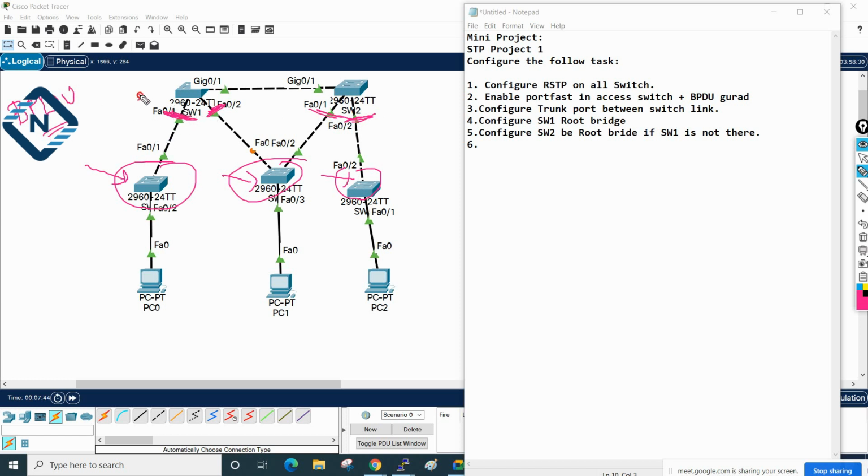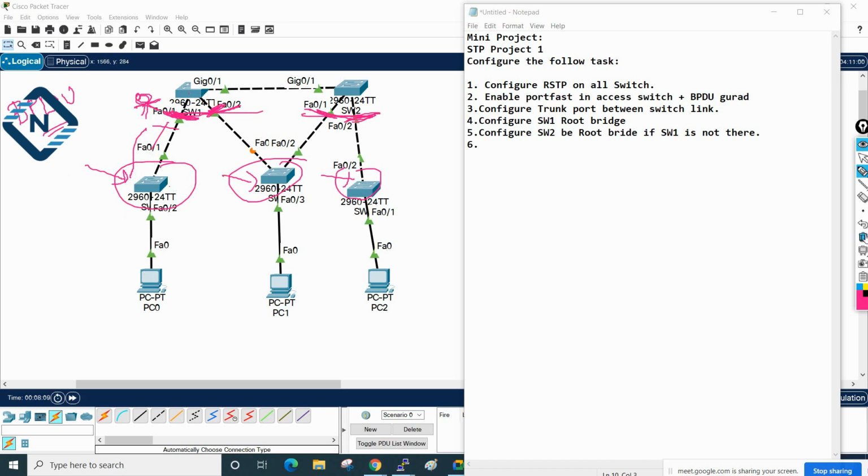We are saying the root guard. We will enable the guard here, saying that in this link, if you receive any frame saying that I am a king switch, my MAC address is low, don't listen to him, don't allow that frame to go to this switch, just discard that. We are saying, okay, on these two interfaces and these two interfaces, so this guy will not become a king switch.